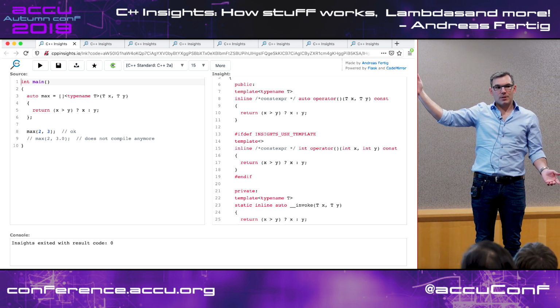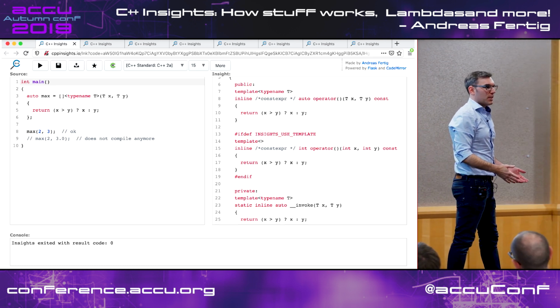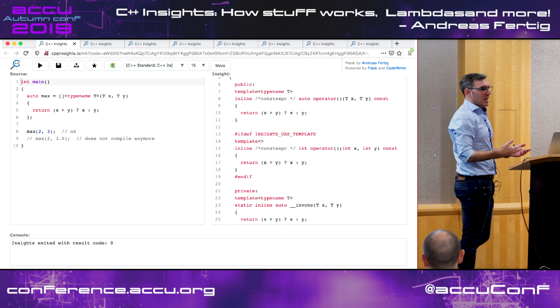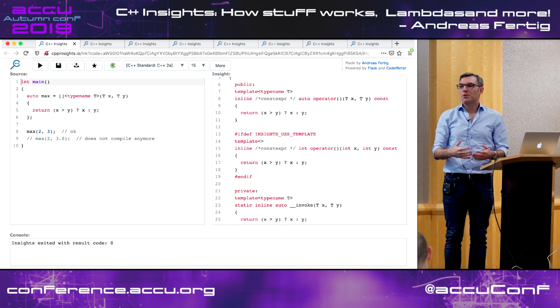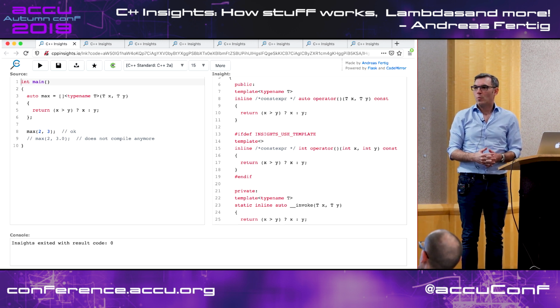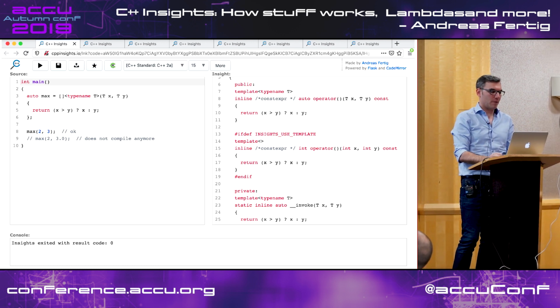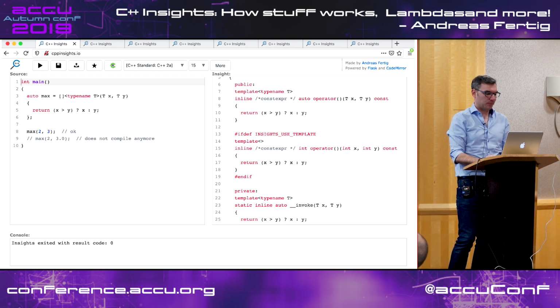It's a template, so we can also use non-type template parameters there. Let's say that my lambda should take a std::array of type char, but of a variable size, depending on whatever std::array of type char you're passing in. So this gives me a whole new way of working with lambdas.